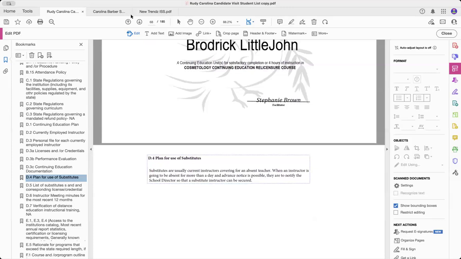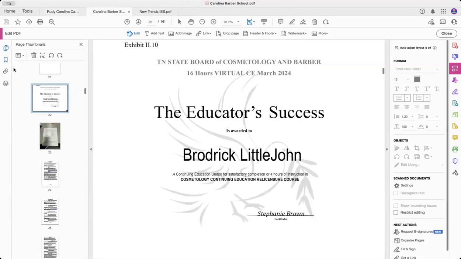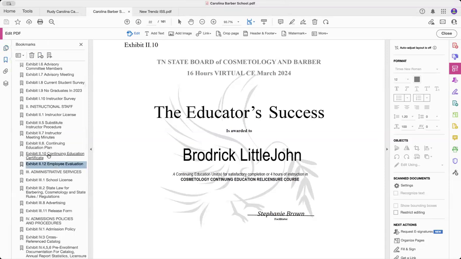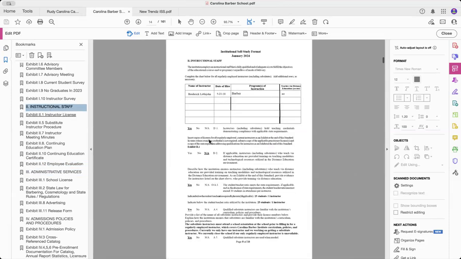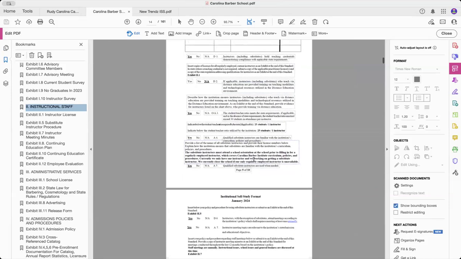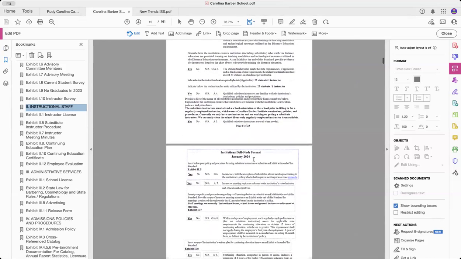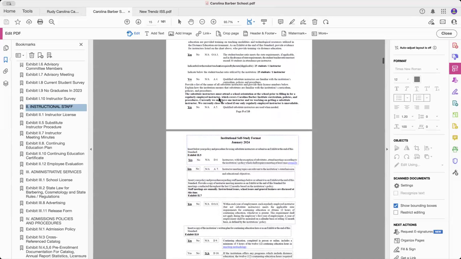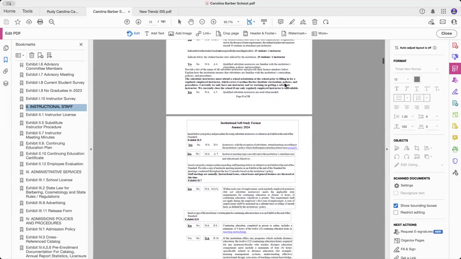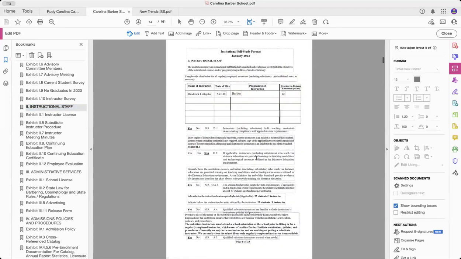All right. So now if we go here, plan for substitute instructor, we can go in their exhibit and we can read it. We'll go to instructional staff. And if we go down here, it's going to tell us their plan for instructors right here. List of instructors below, explain how instructors ensure substitute, all of that. So we will look here and we'll make a copy